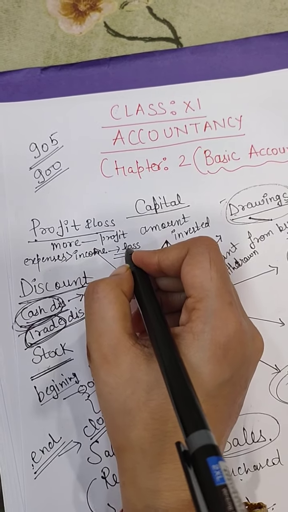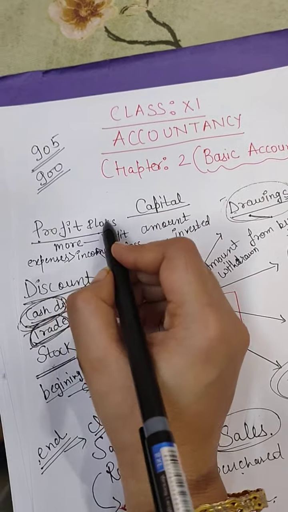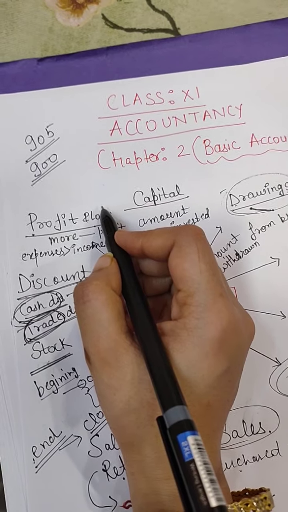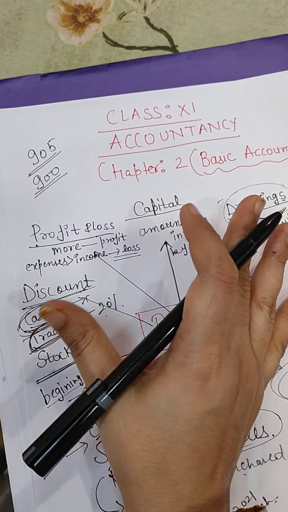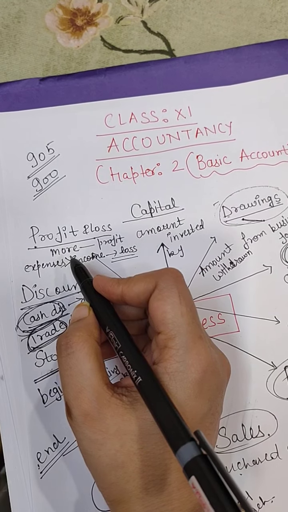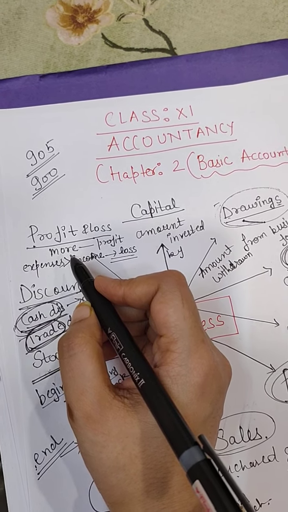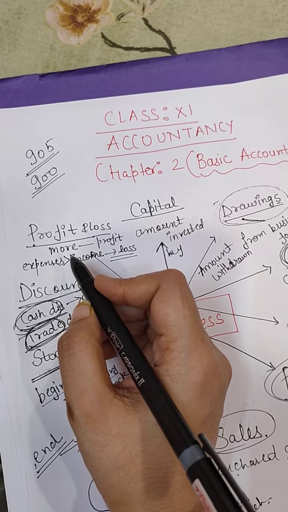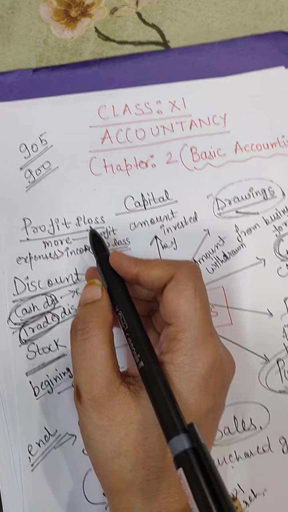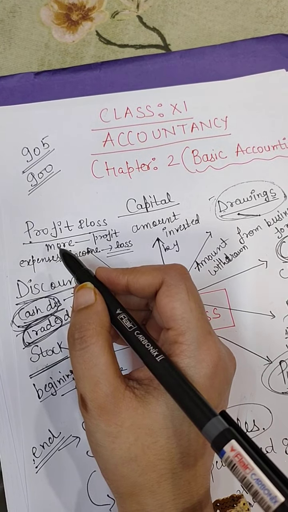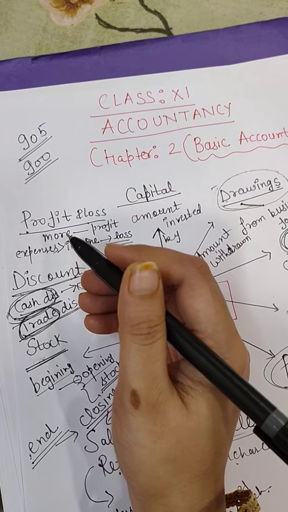then there is a loss in the business. Fine. Profit and loss chapter you have already, I think, studied in maths, and you all have some idea. Suppose you are purchasing a thing of rupees 100 and you are selling it at rupees 120, so clearly you are getting 20 rupees profit. But if you are selling it at rupees 80, then clearly there is a 20 rupees loss.